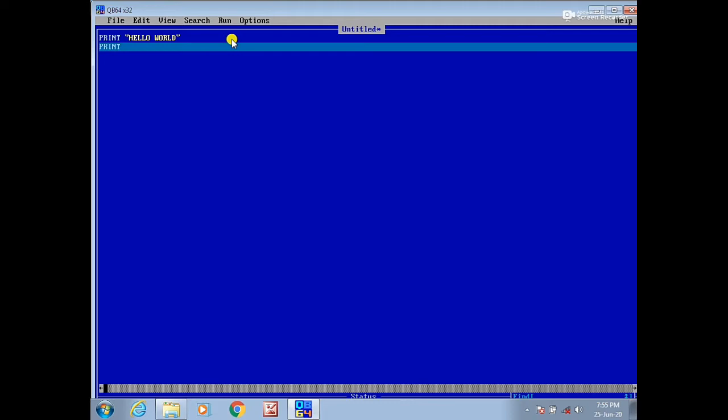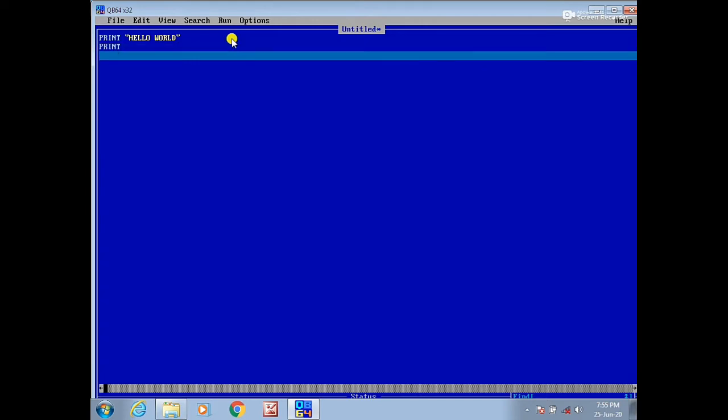So I only write the PRINT statement, but I have not written anything with it. Then I want to display a numeric value, so PRINT space 10.